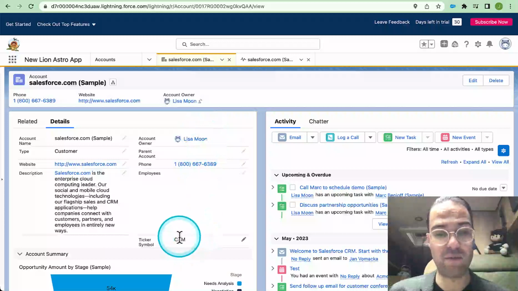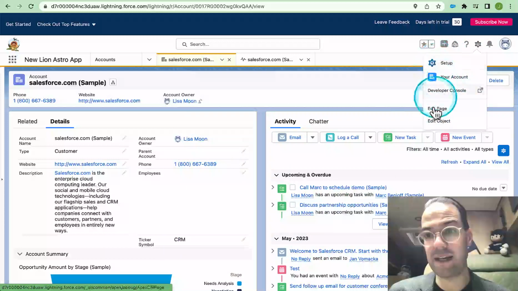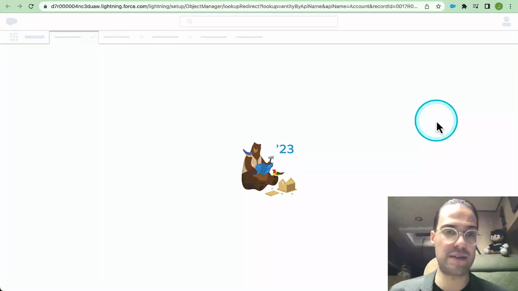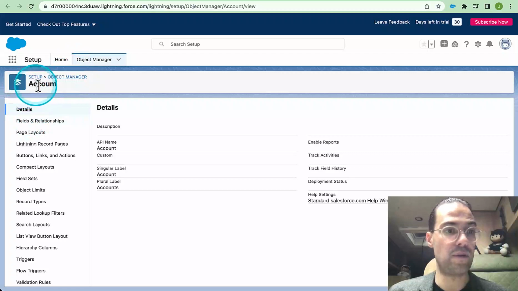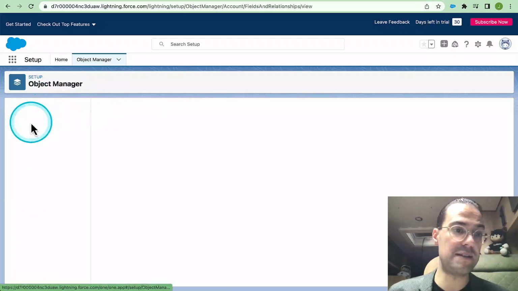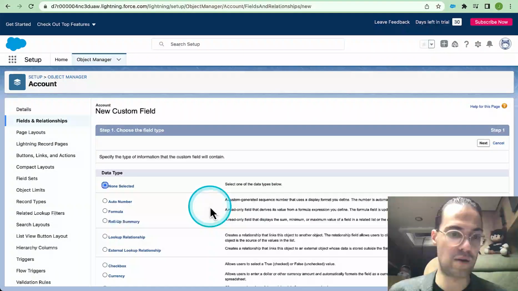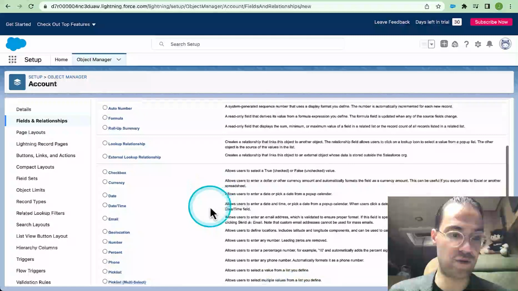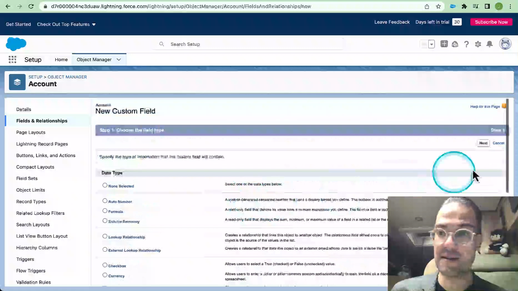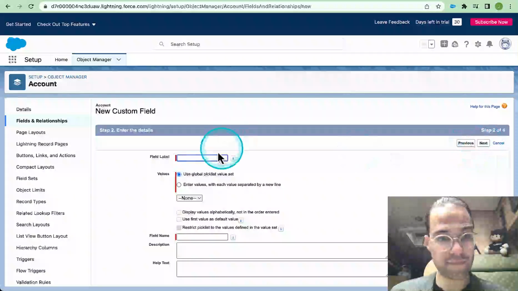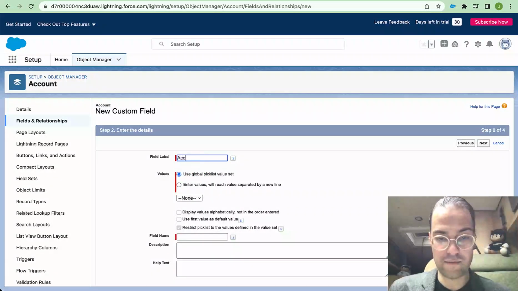But what if we want to add completely new fields? We can again go to edit object. This puts us already in the right place in the object manager on the account object, fields and relationships, and then we go to new. So for example, we want to create a pick list of predefined values. Let's say we say,